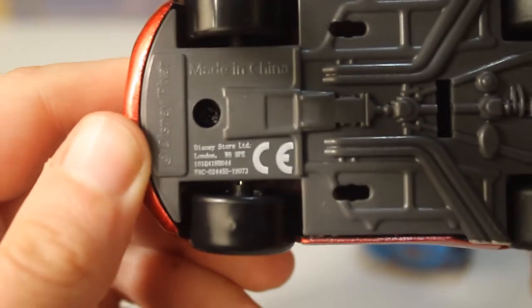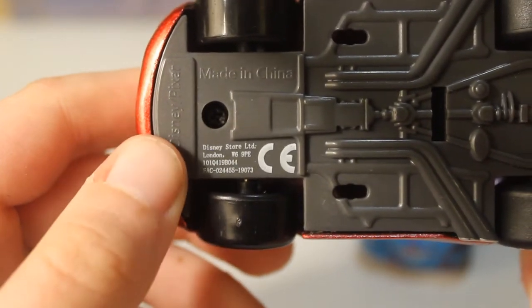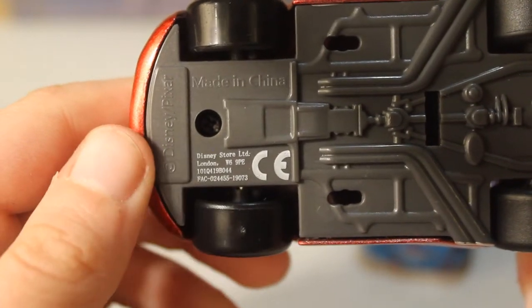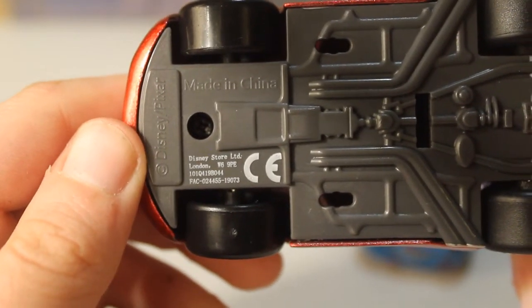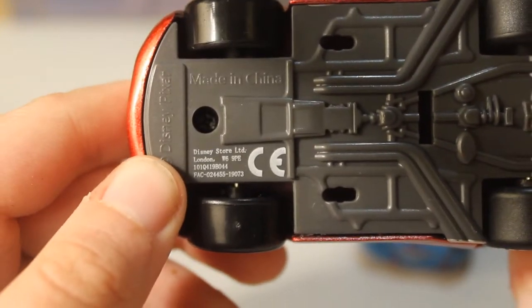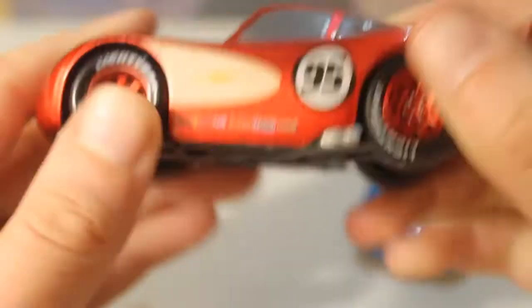Now this is the Disney shop. It does say London. This was not bought in London. This was bought in Newcastle, which is like 4 and a bit, 5 hours away from London. But I'm guessing that the Disney store's headquarters in the UK is based somewhere in London. This is made in China, and it is...